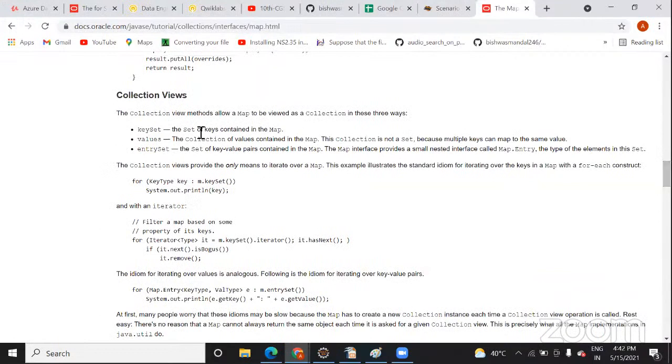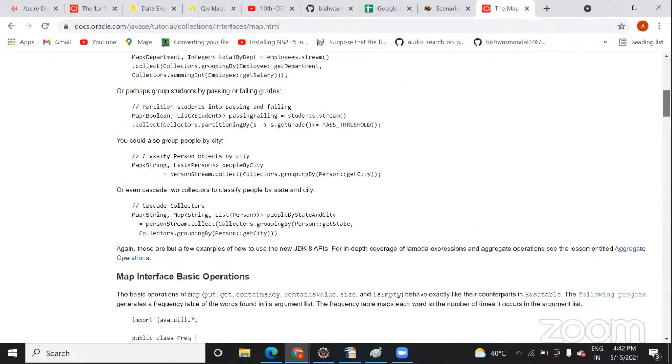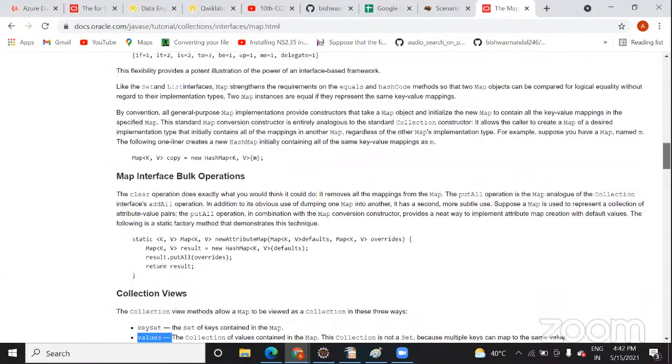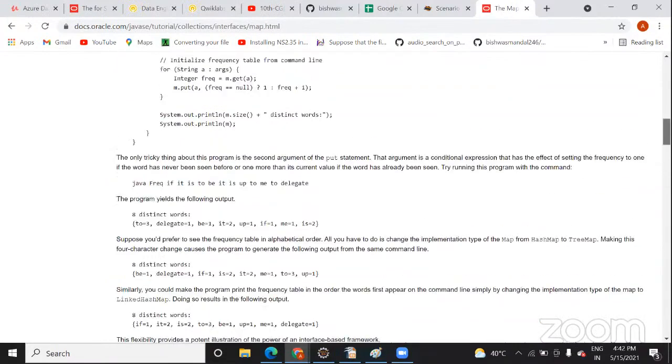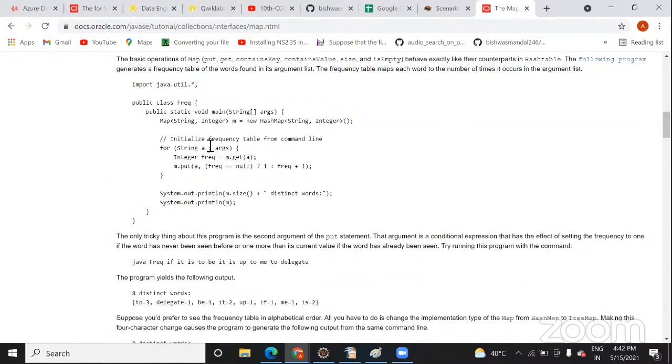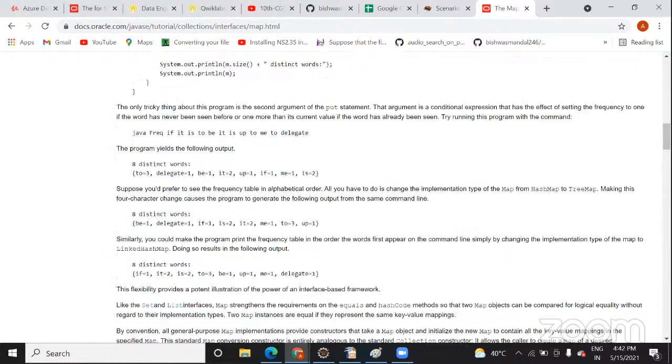See, you have a set of keys and a set of values, and it is in the form of key and value. You might have seen such a for loop, right? Such a kind of for loop, I think like this, right? Or maybe I have seen it somewhere.